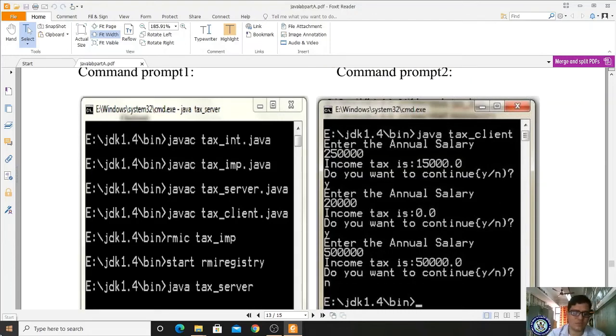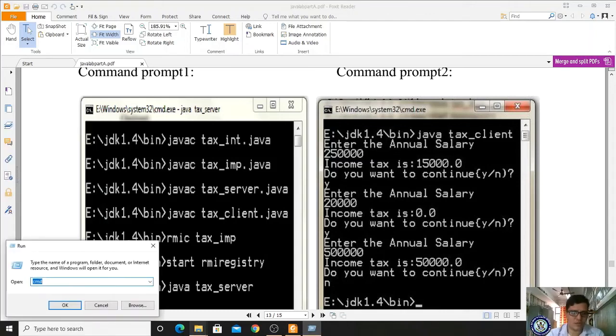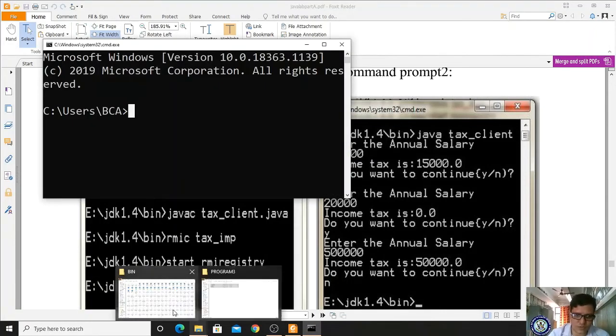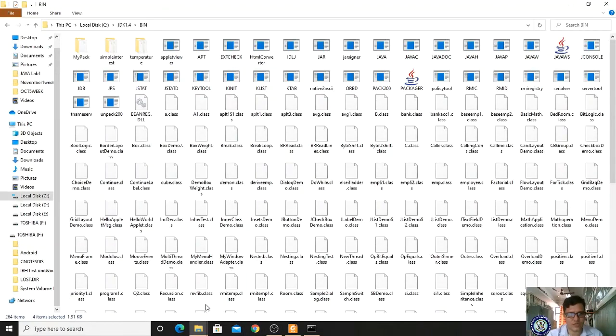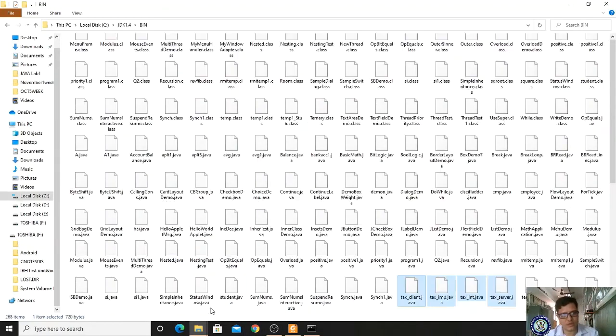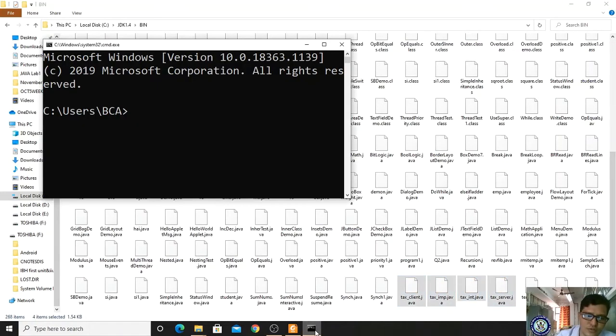Okay, let me see now. I'm taking the command prompt. Before that, I have to copy my program. I'm copying and pasting it in the bin folder, jdk bin. Yes, four files are pasted, and now I'm taking cd jdk1.4/bin.